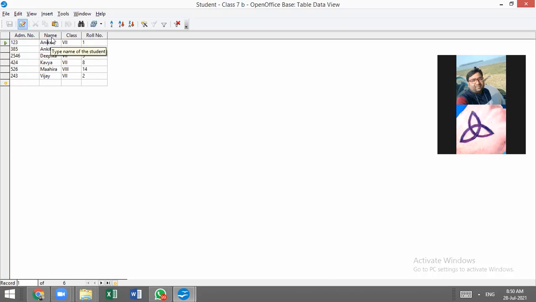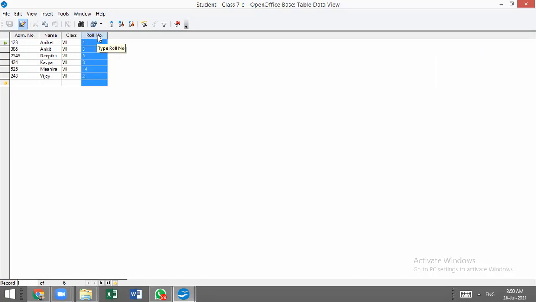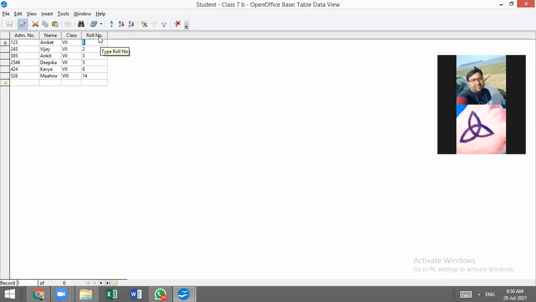Okay, sir. So I hope this is easy and clear to you guys. Yes, sir, it is clear. I told you, students, that you have to click on this field name. There is another way to perform sorting. You can just click on any of the records and you can sort it. It will also work. But the safe way is to select the complete column, that is complete field name. Okay, sir, this part is clear.